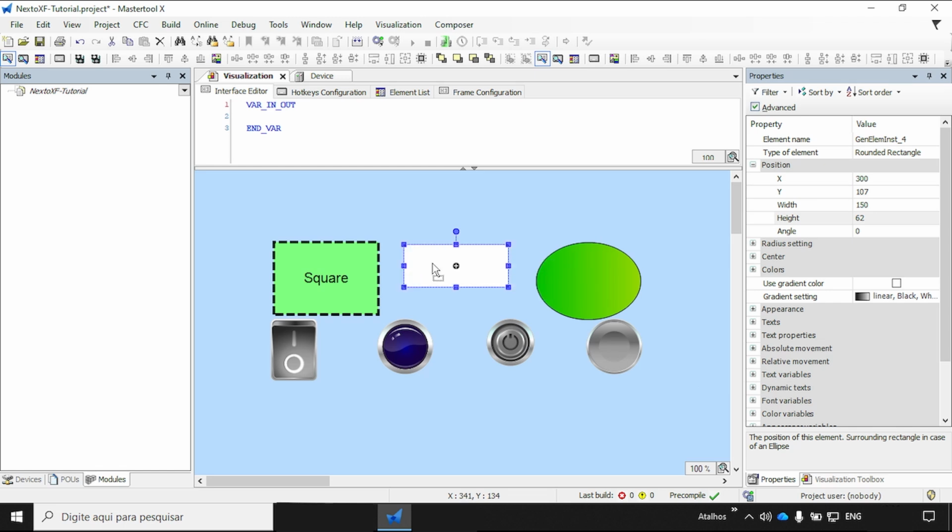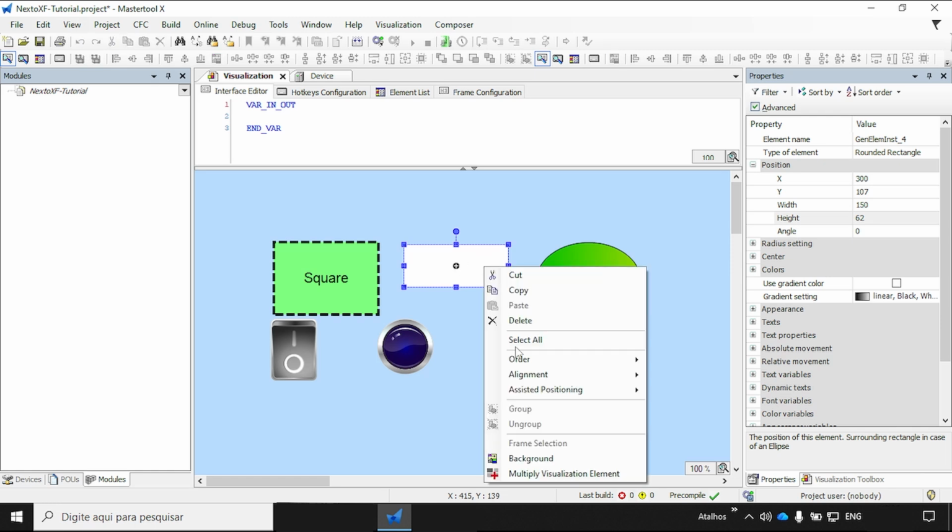And similarly, you can use options such as Bring to Front, Send to Back, Move Forward, and Move Backward to control how overlapping objects are displayed. These layout and ordering tools are very useful when designing visualization screens, helping you to create cleaner and more organized, more